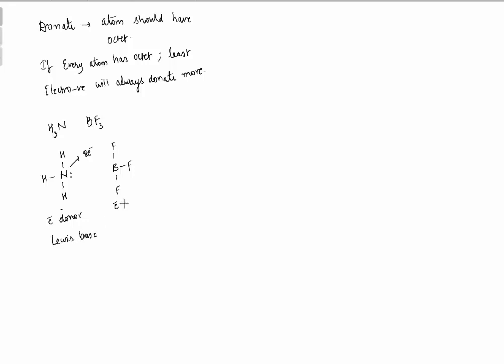This is going to act as electron pair acceptor, that is Lewis acid. Now, generally, how do we represent it is by an arrow mark where the tip of the arrow is showing Lewis acid and the base of the arrow is showing Lewis base. Generally, this sign represents a special case of a covalent bond called